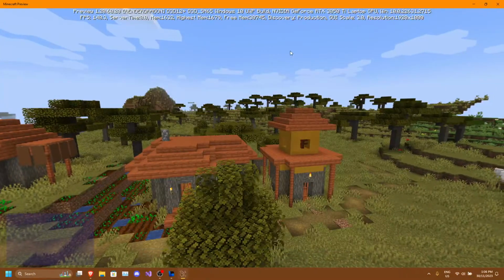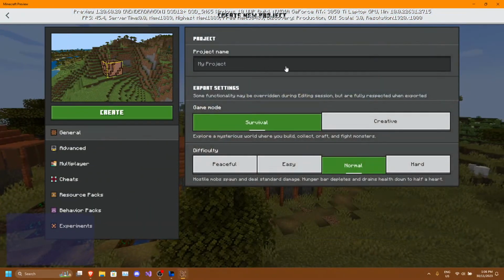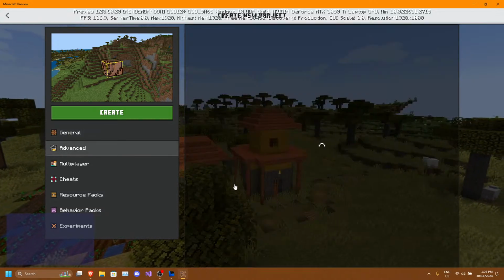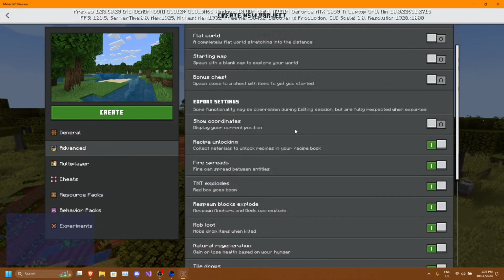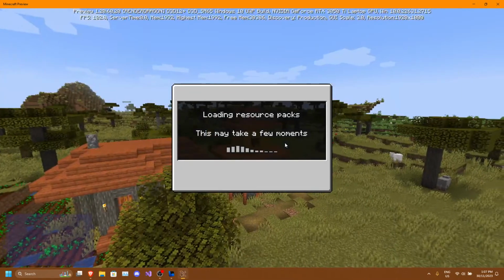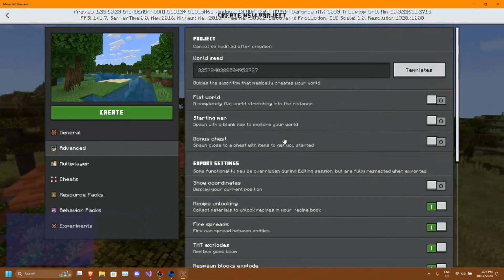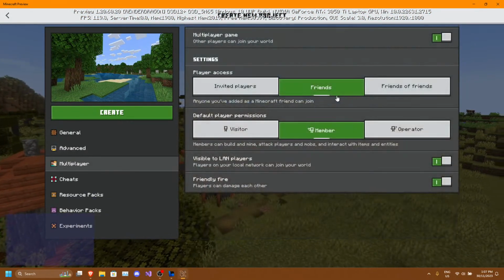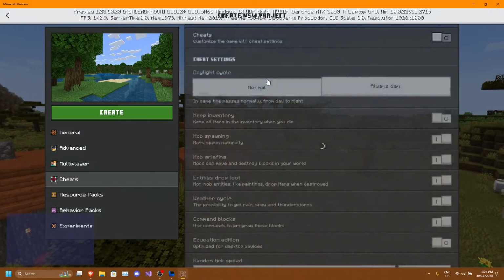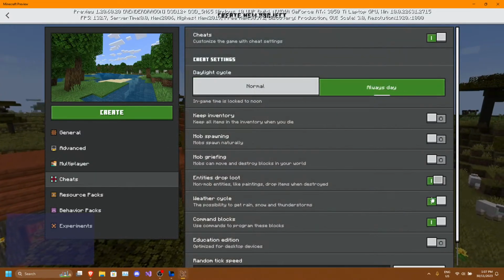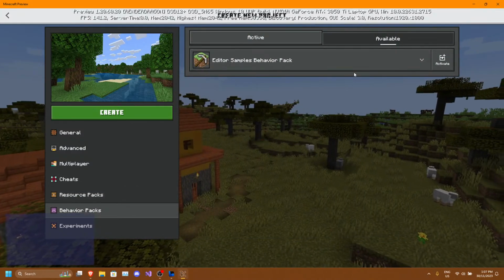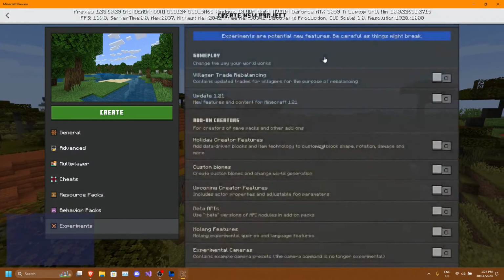Okay. Is there anything changing here? Has anything changed here? I don't see anything that's changed. What about here? Nope. What about cheats? We'll just enable this. There's not much that has changed, except for that one.